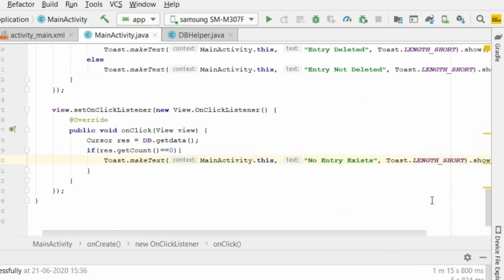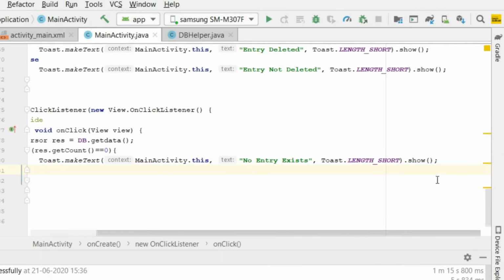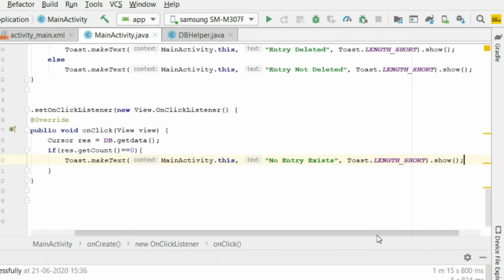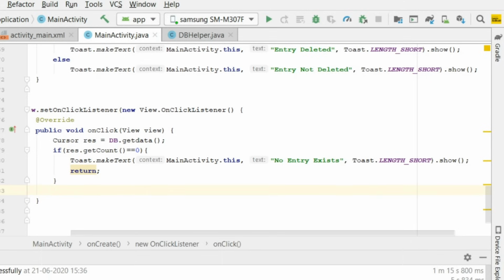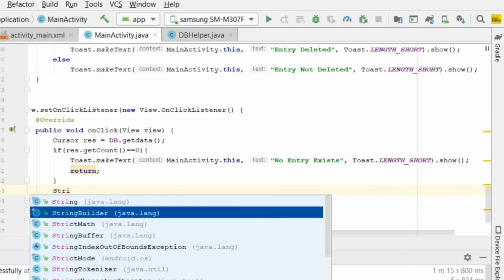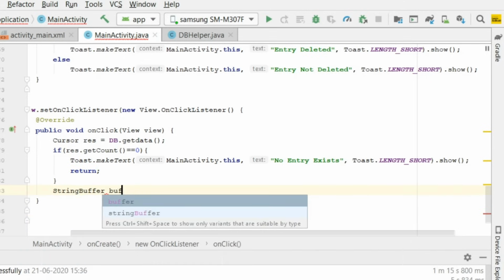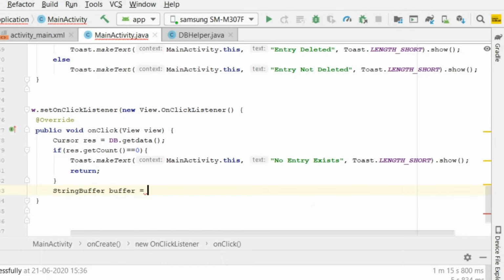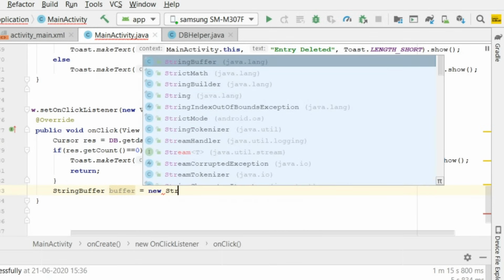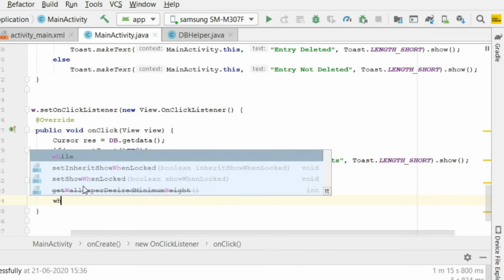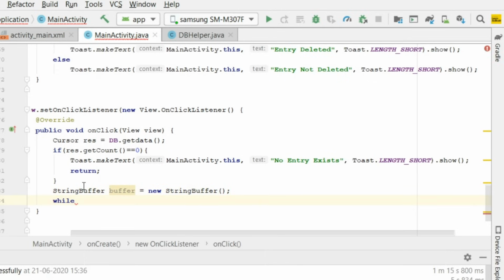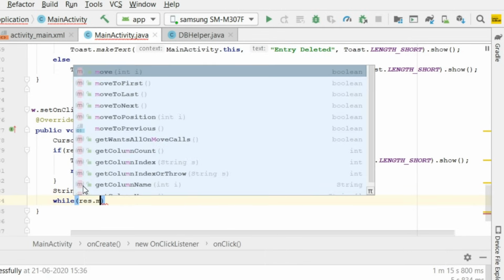So if there is no data, it will show a toast message, no entry exists, and we'll write return. Now, if the get count is not equal to 0, we'll define a buffer here, StringBuffer, new StringBuffer. Now we'll create a while loop. So basically, as long as the row values are read, res.moveToNext,